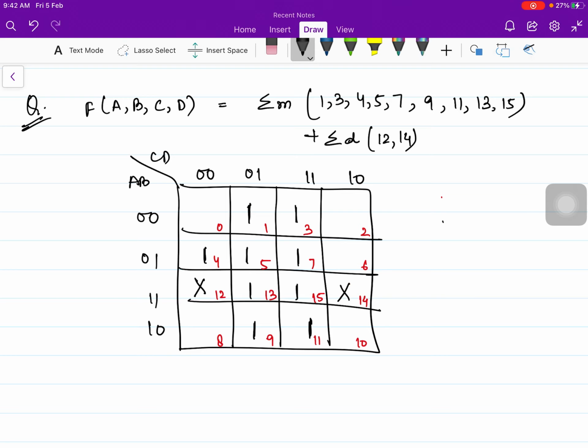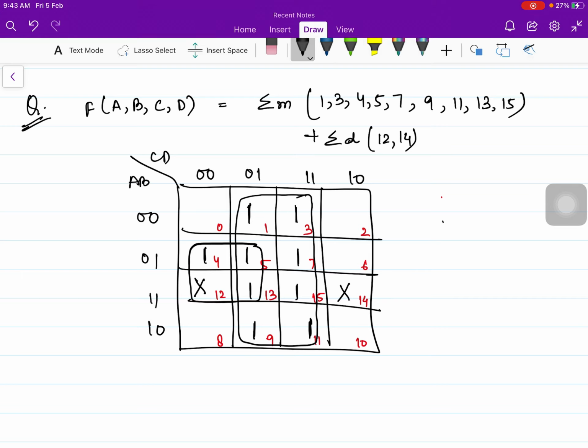Alright. Is it possible to make a group of 16 in any case? No. Group of 8? Yes, we can easily see a group of 8 here. Now only one block, number 4, one is left. So our aim should be to group it in the biggest group. Is it possible to group it in a group of 8? No. Is it possible to group it in a group of 4? Yes, this time it's going to be yes, because there is a don't care, and with the help of don't care you can group it in a bigger group. That is a group of 4.